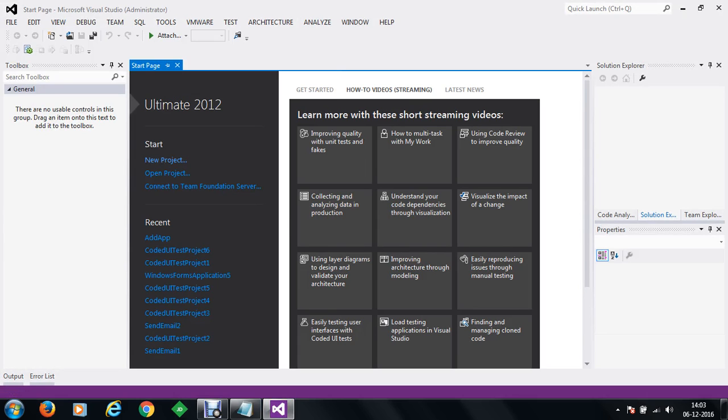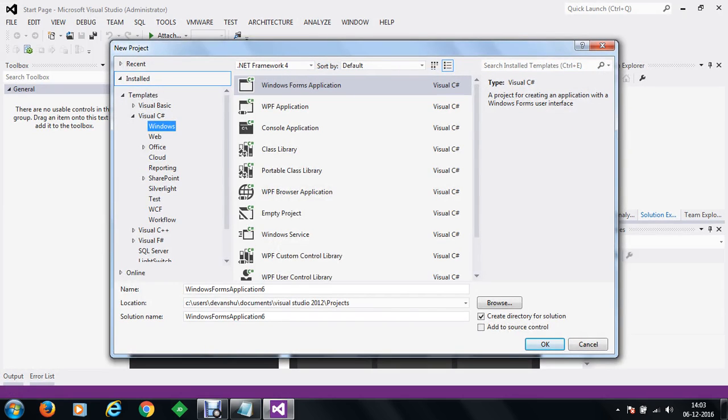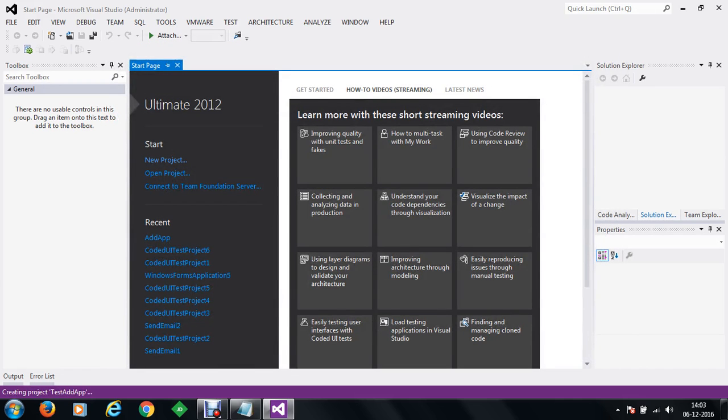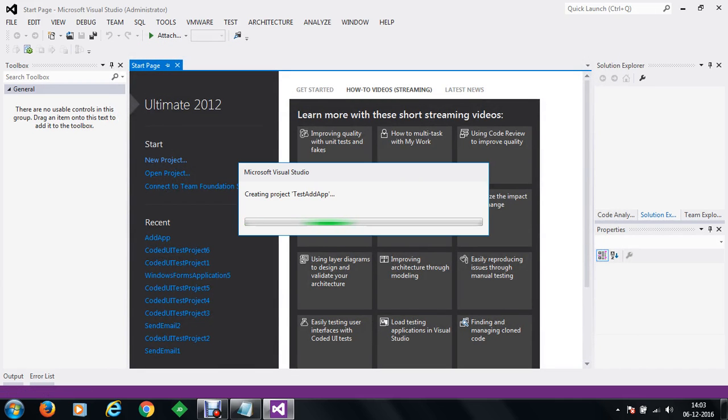So let's create a new project. Within Visual C#, you can see that we have a test section here. We can select a coded user interface test project and let's change the name to test add app. So we have created a new coded UI test project, that is test add app.